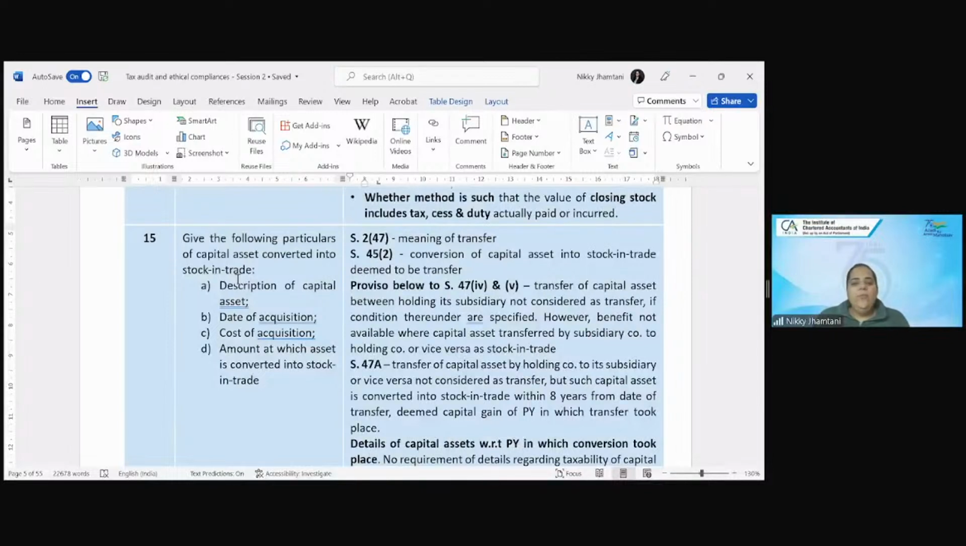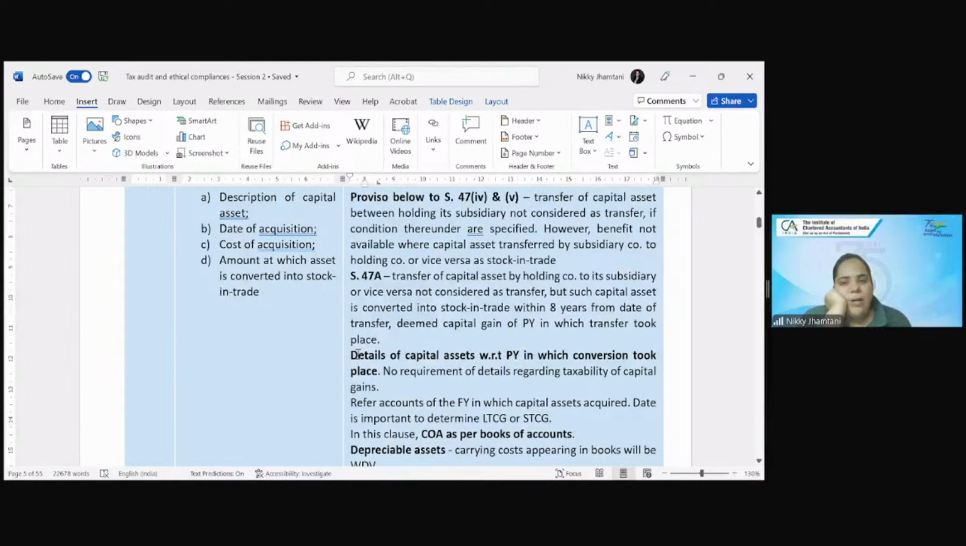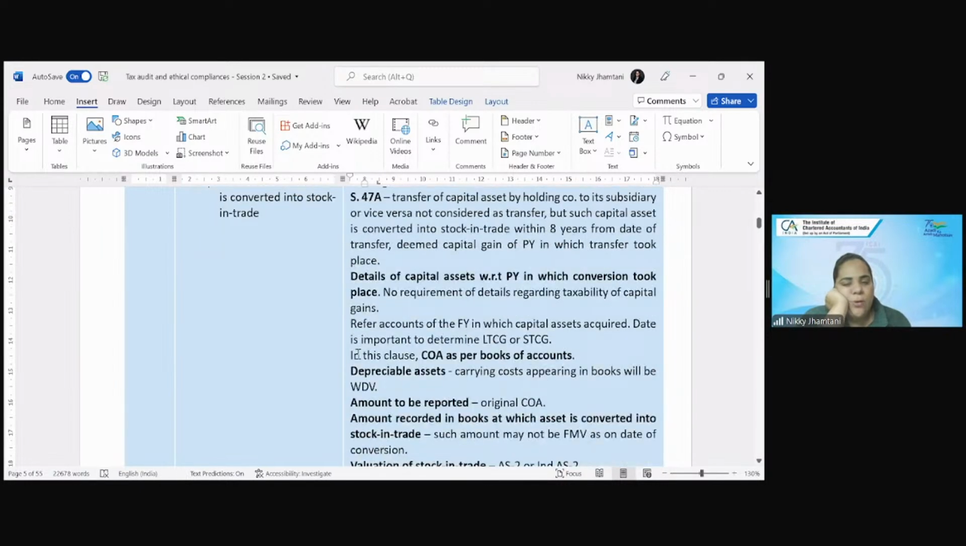Then proviso below to section 47(4) and (5), transfer of capital asset between holding and its subsidiary not considered as transfer if condition thereof are satisfied. However, benefit not available where capital asset transferred by subsidiary company to holding company or vice versa as stock in trade. Then 47A, transfer of capital asset by holding company to its subsidiary or vice versa not considered as transfer, but such capital asset is converted into stock in trade within 8 years from the date of transfer, deemed capital gain of the previous year in which transfer took place. So, details of capital assets आपको यहाँ पे डालनी है with respect to the previous year